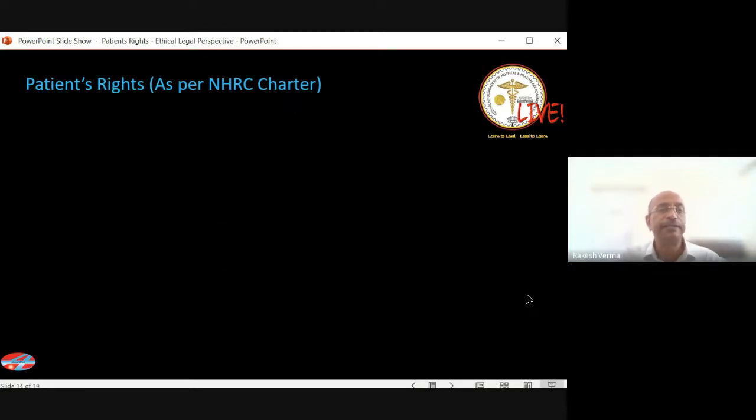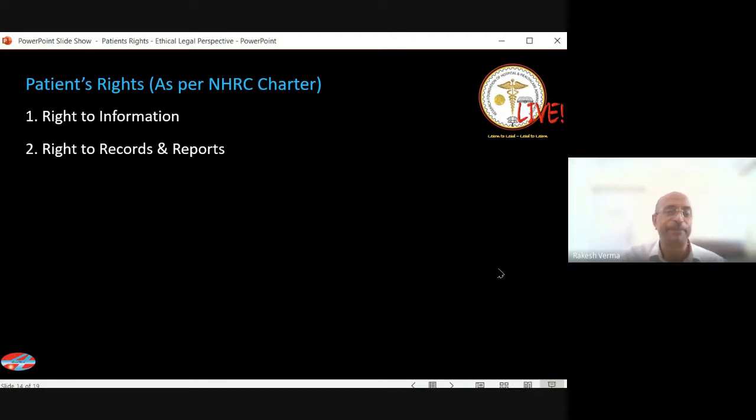So let us now look at the patient's rights. I'm sure many of you have seen the patient's rights that are listed in the NABH Standards 5th edition. Why I have chosen to list the rights as per the NHRC Charter is because this is the guideline by the National Human Rights Commission, and it's a statutory body, and therefore the guidelines adopted by them hold a higher value than the NABH standards per se. So therefore I have listed them, and I will just go through all the 17 patient rights that are listed